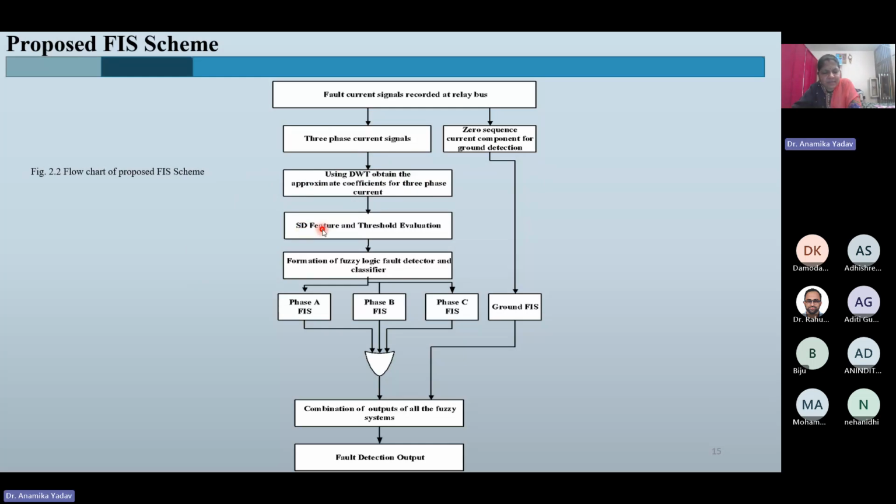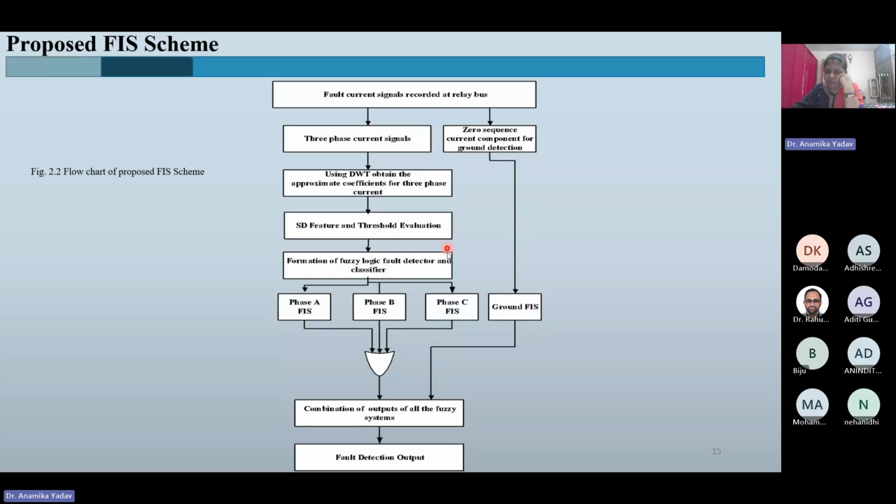The standard deviation is a mathematical calculation wherein we calculate the standard deviation of the DWT coefficients of the three-phase currents, and we compare it either through a threshold or through a fuzzy logic system. So there are two types of schemes: either the standard deviation feature is compared directly against a threshold, or we can give this feature as input to the fuzzy logic system,